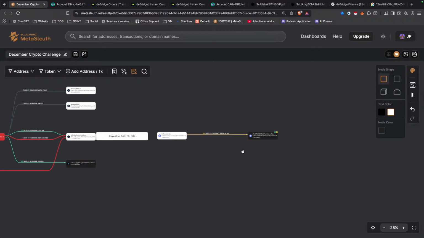One final thing that I wanted to show you is that as soon as we start bridging and assets start swapping, there should be a question raised around, okay, so who owns those assets now? Is it the same person? Is it the same actor? Can we find any links to previous addresses?